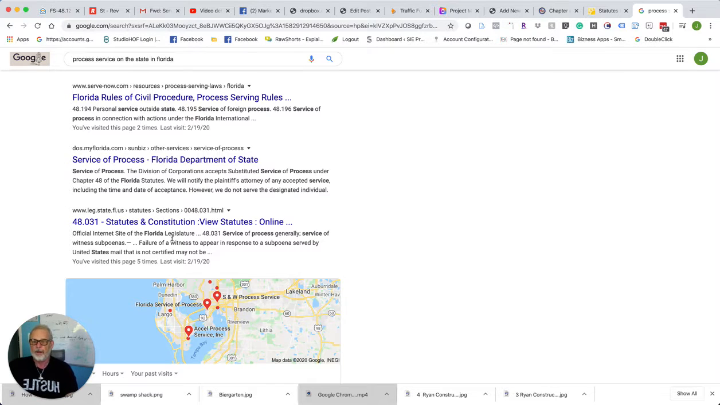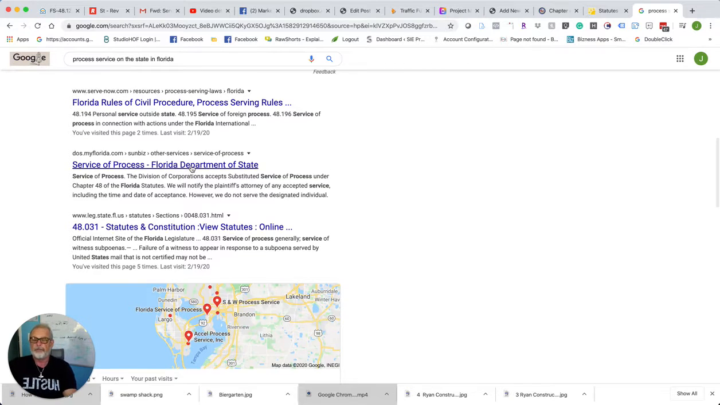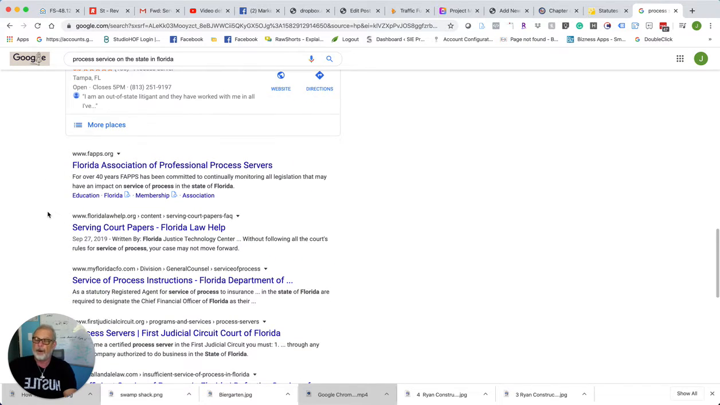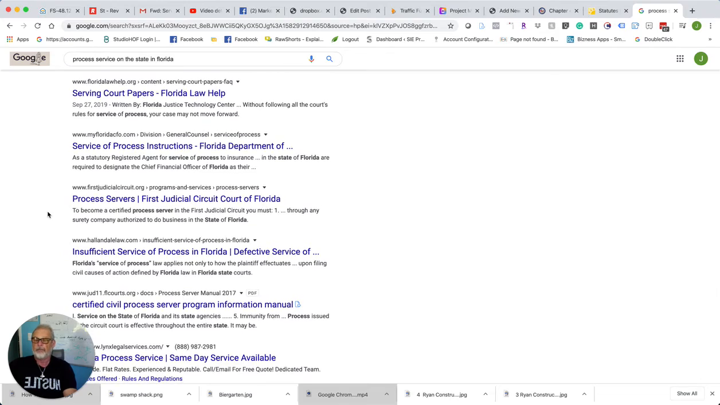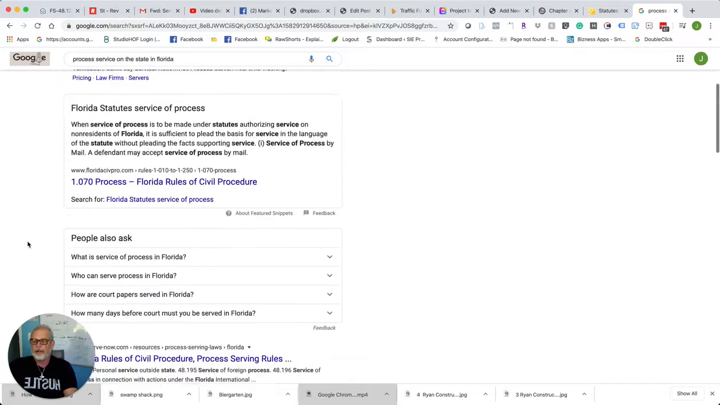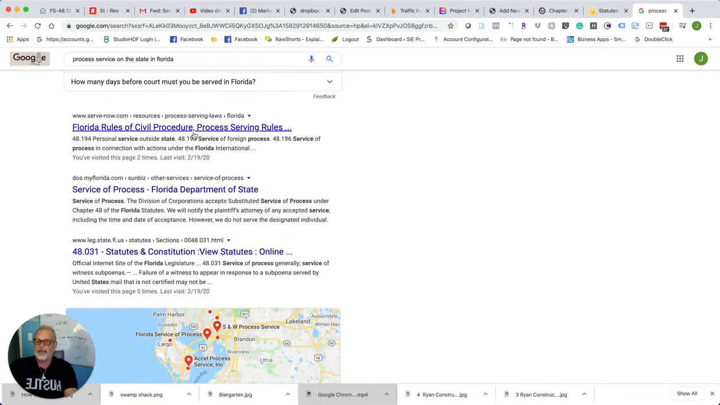So here what I would see is 48.0301 statutes and content view, statute online. I don't find that interesting. That doesn't motivate me to click. Service of process, Florida Department of State, it's not what I searched for. I searched for process service on the state of Florida. So all of these fail, but I wanted you to see that this is bad. It's too short. Now if we look at ours